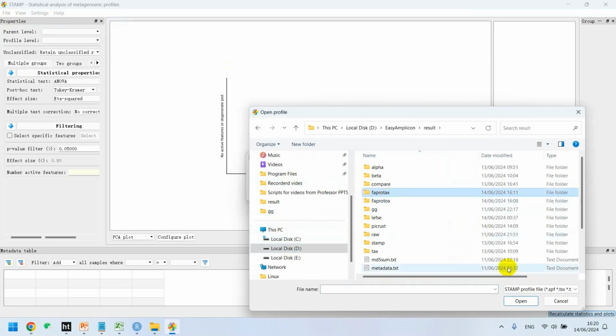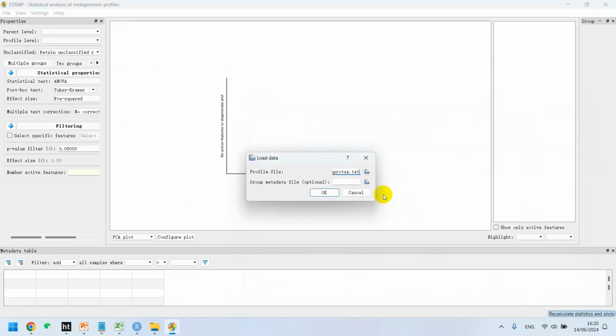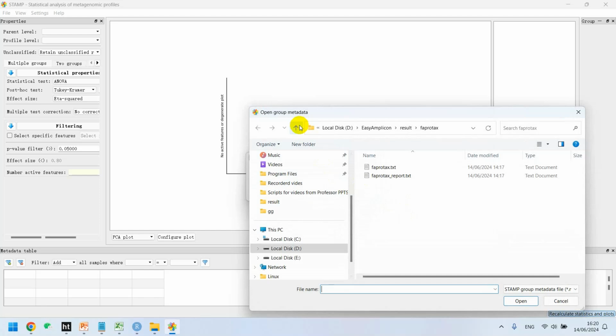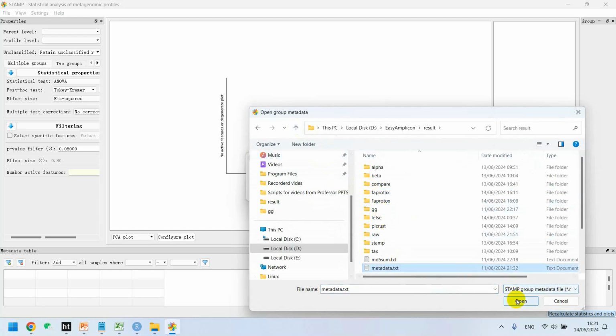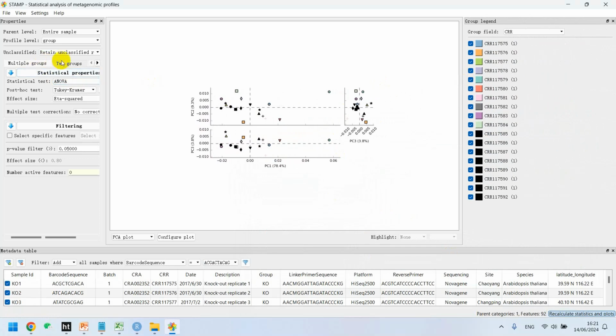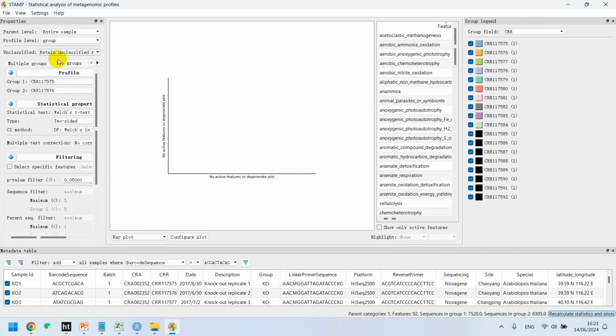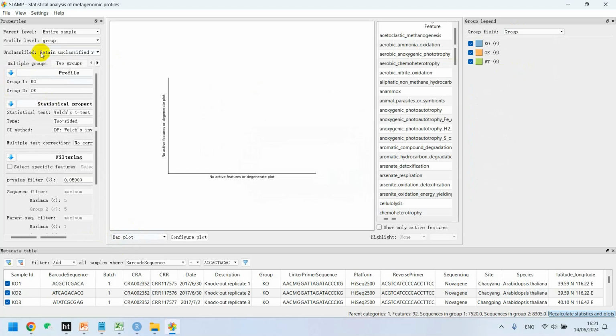We will open this, and then we will choose reproducible text file, and then in the next column we will upload metadata text and click OK. You can see here we will eventually get PCA. And then you can make comparison between two groups. You can see here, if you make two groups and you change groups from here, you can see here